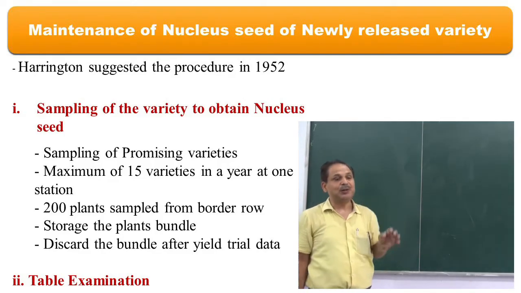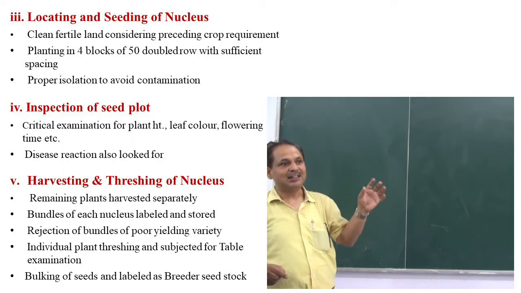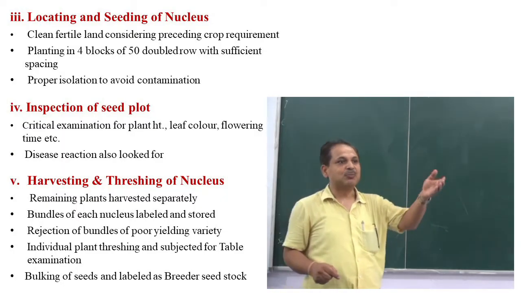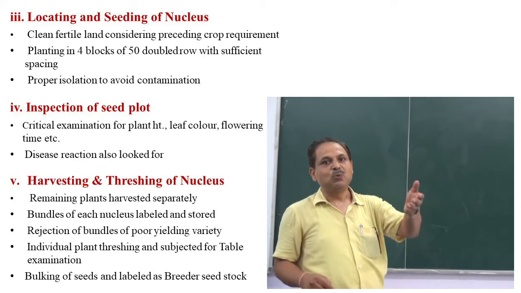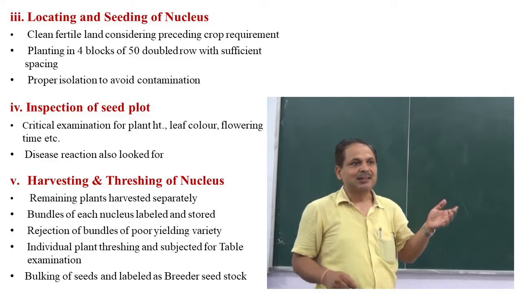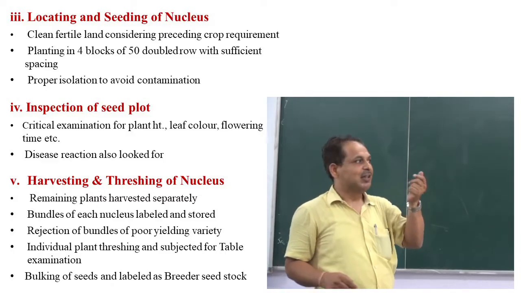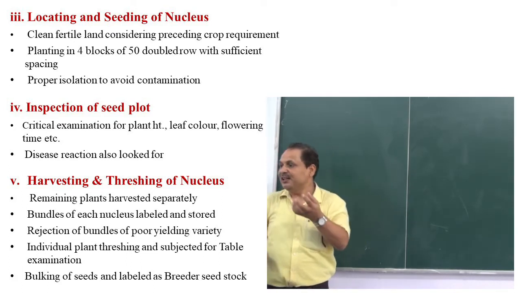We make a nucleus lesson of these 200 plants. If we discard some of the plants, suppose we discard 20 plants, then we have 180 plants, or suppose we discard 50 plants, then we have 150 plants. These plants are sown in a seedling nucleus